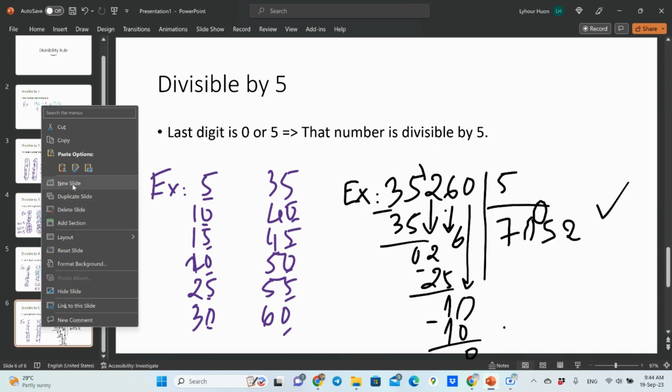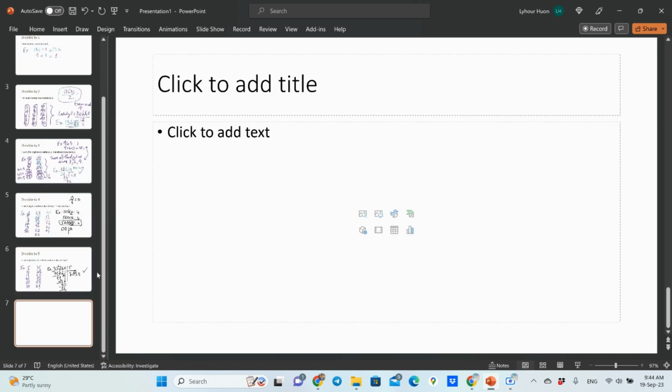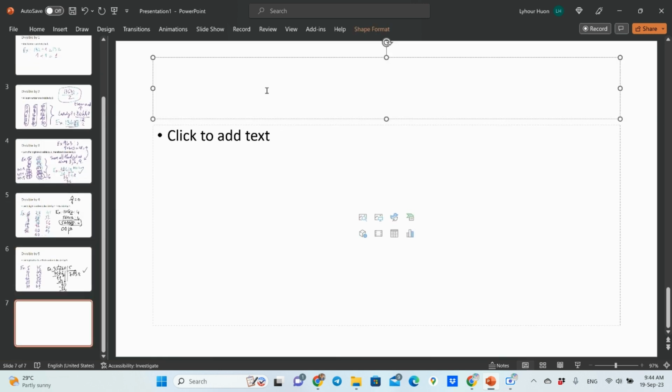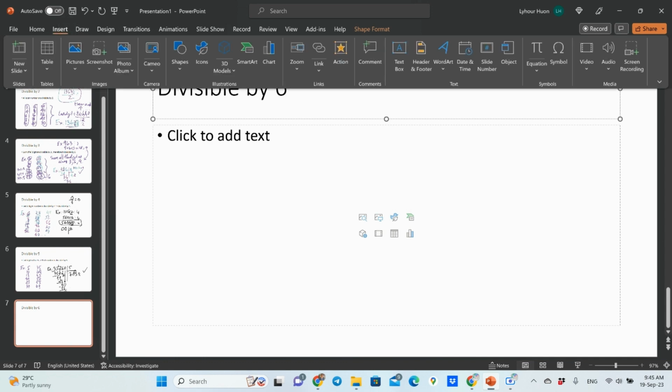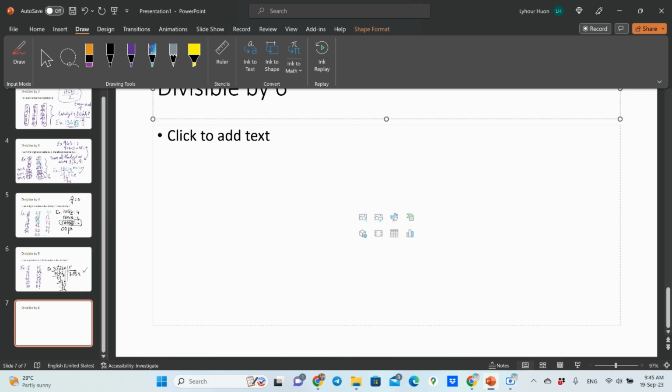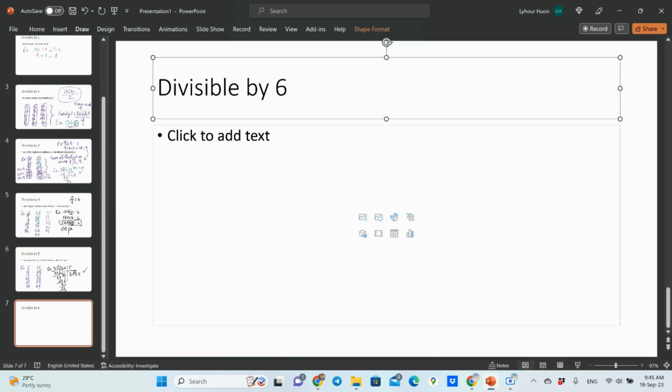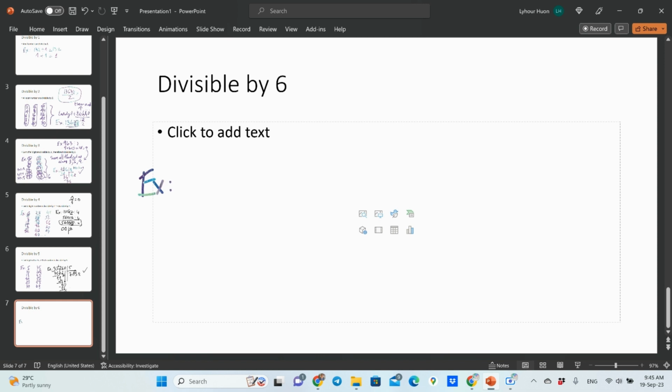Next one is divisibility by 6. If we want to know whether a number is divisible by 6, we check the pattern first. If there is any pattern, we use that pattern immediately. If there's no pattern, we need to work it out. So the multiples of 6: 6 times 1 is 6, 6 times 2 is 12,